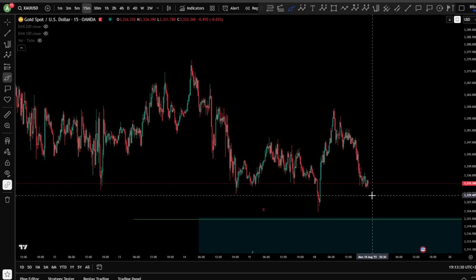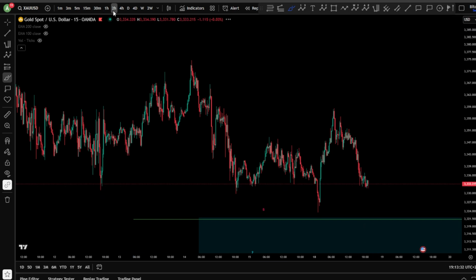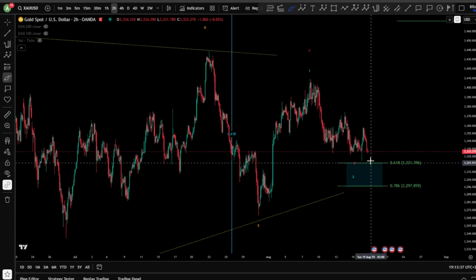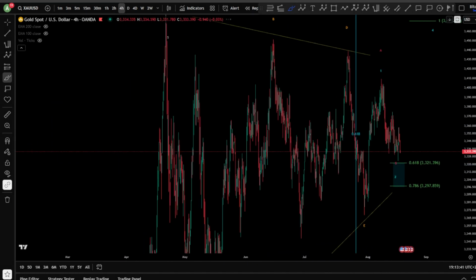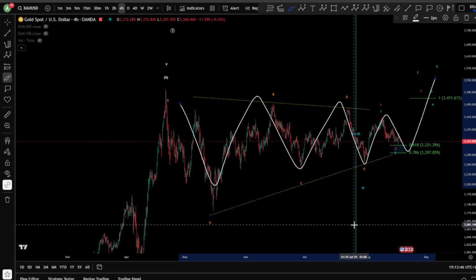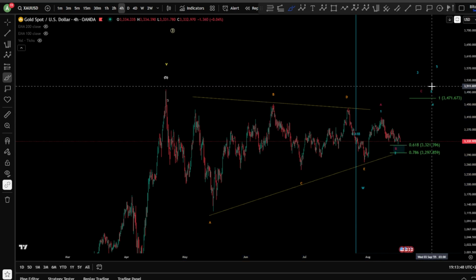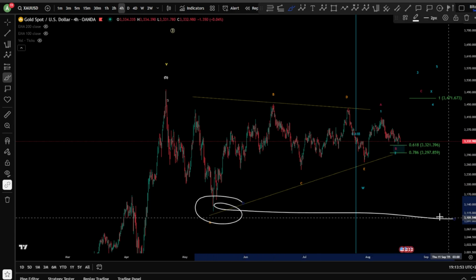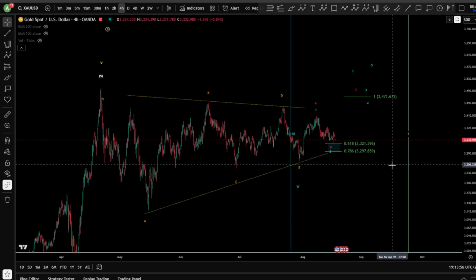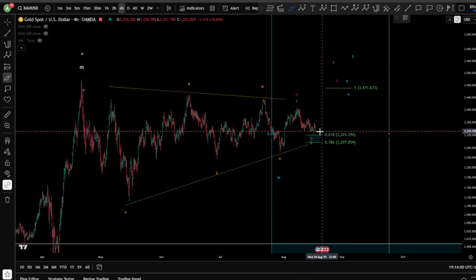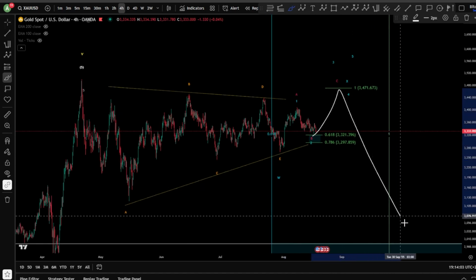We need a very good pattern to be finished and to see something unfolding for higher sooner or later anyway. So whatever is going on in the small area, we're looking for higher. We are very sideways and corrective, and we're still looking for higher at the end. And after this high, potentially, yes, we might drop even to take this low. So you cannot expect a direct 4K. We might move 3K first and then 4K. But before this, I'm expecting one more high for the gold before moving down.